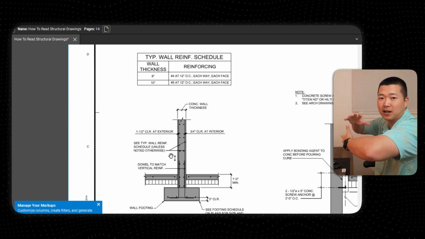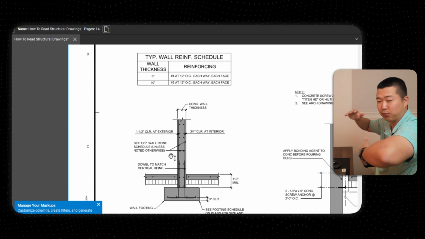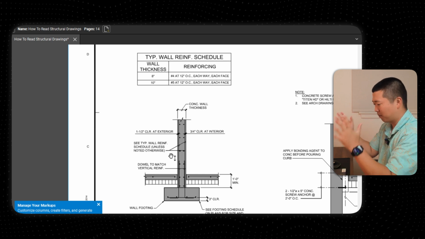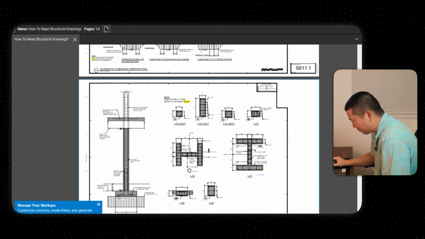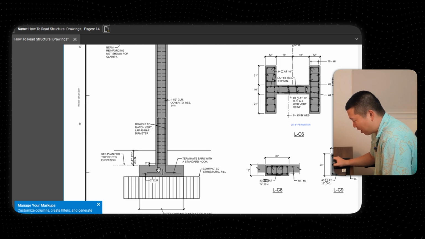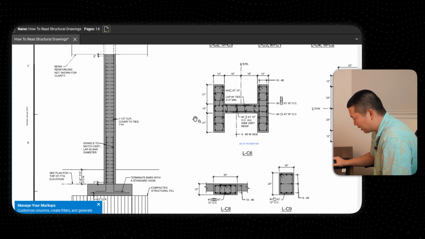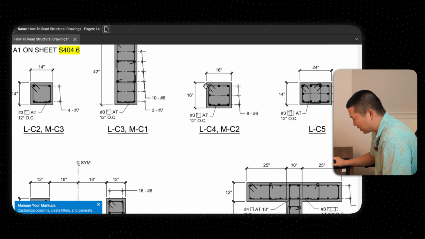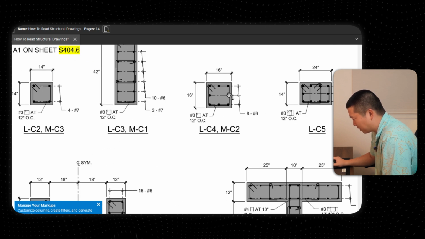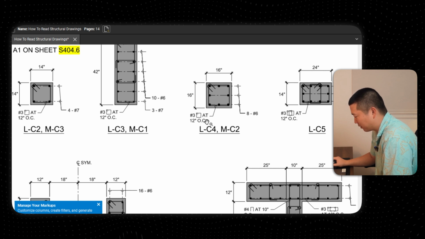So you have a grid of number 5 bars at 12 inches on center spacing, both layers. And then you go to your typical concrete column details. So you're like, okay, these are the dowels, these are what's coming out. And then it was an MC2, right? So it was a 16 by 16 column. Remember, 8 number 6 vertical bars in this orientation, with your column ties, number 3s at 12 inches on center,